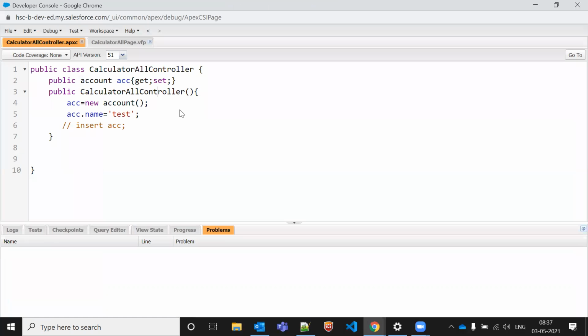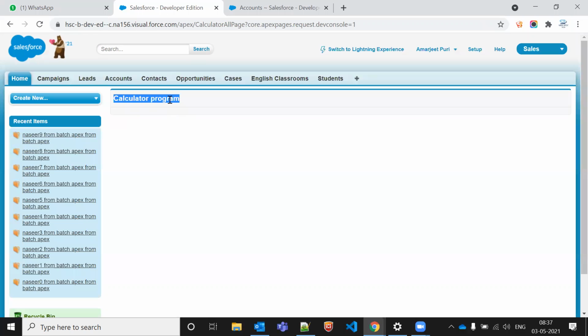Without calling the Visual Force page, it cannot insert. I didn't say anything about calling. I'm saying this is my Visual Force page. What is my requirement if I'm refreshing this page? My record should be inserted to the database in the account object. Did you get the question or not?